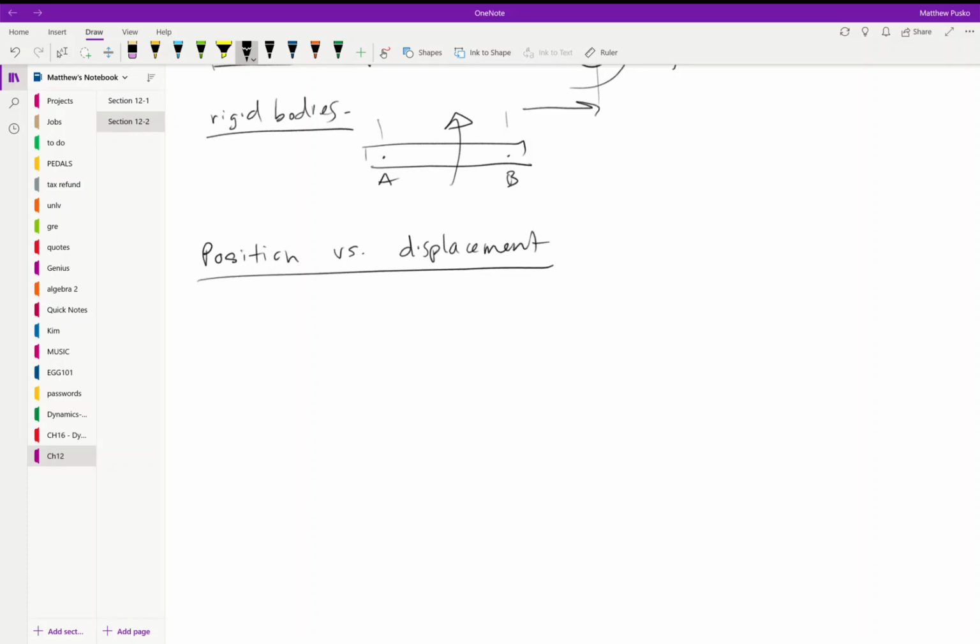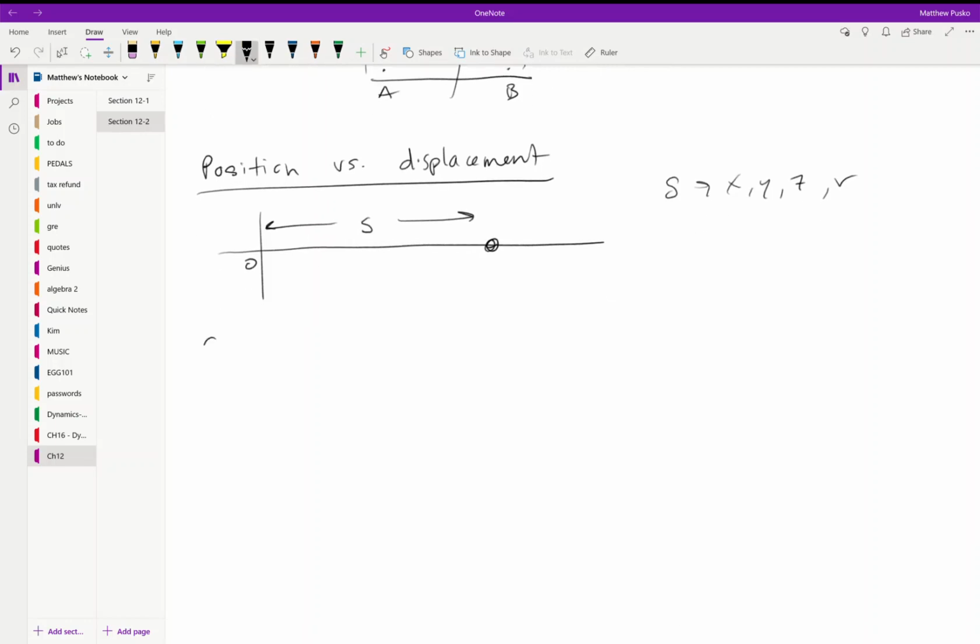Okay, so position, if we just look at a single dimension, let's look at the x direction. Position is just some number that describes how far away it is from some origin or translating reference frame. This S is interchangeable with X or Y or Z, or R, it can be lots of things. Displacement, on the other hand,